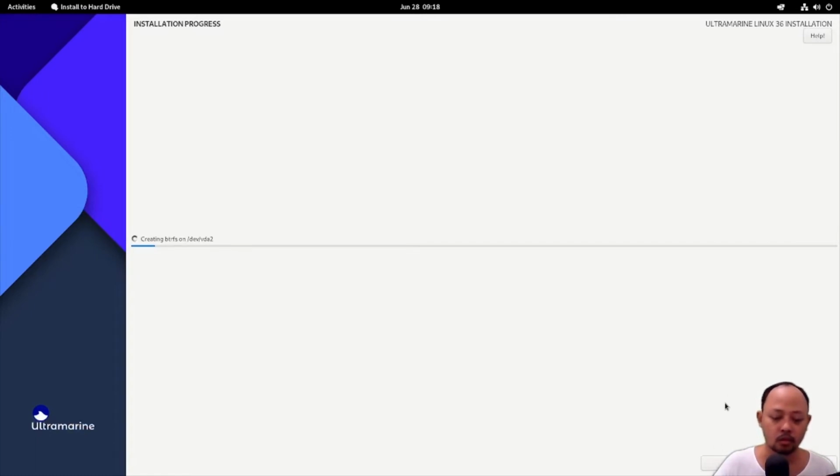The installation process that I'm talking about is the Fedora Workstation Edition, which is the GNOME desktop environment, and this Ultramarine distro uses the GNOME desktop as well.